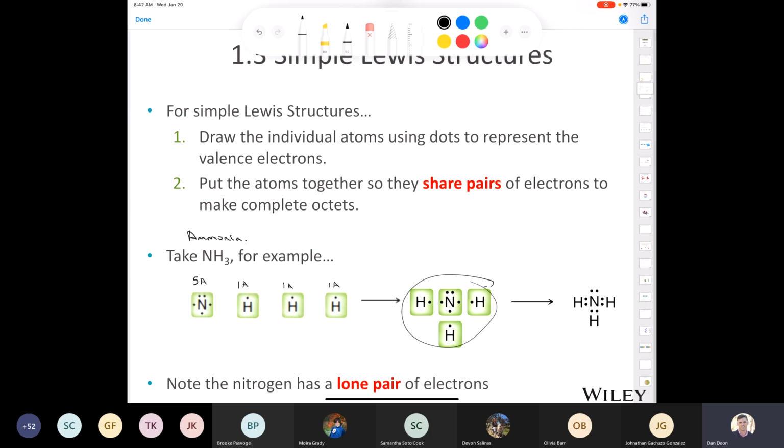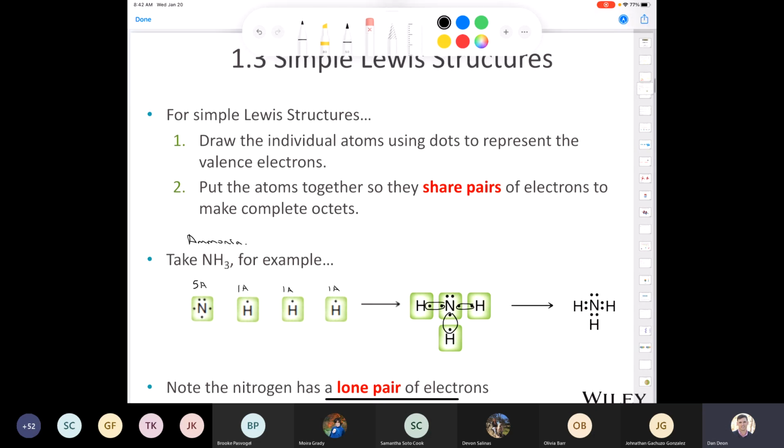I'll put them together like this, right? And if you're like, why did you arrange them that way? The reason is that a bond is the sharing of 2 electrons, right? There's 2 electrons being shared here, 2 being shared here, and 2 being shared here. Now, this is a lone pair, but what's important is when you put all of this together to make the